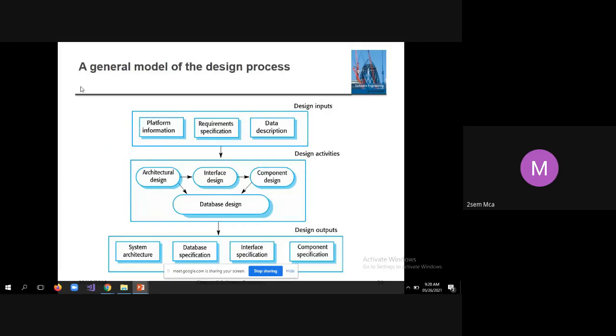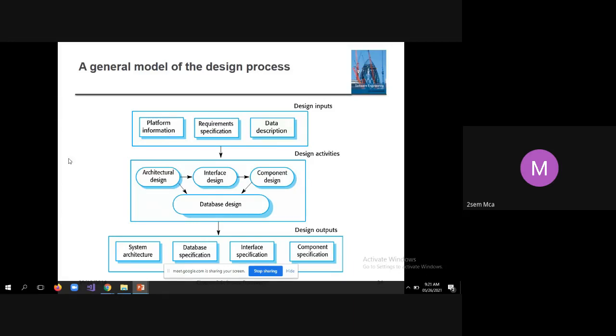Okay, now let us see the general model of the design process. For design, we need inputs, isn't it? Design means what to design, so proper inputs should be given. Those inputs come from platform-related information. For example, you are going to implement this project using the J2EE platform or the .NET platform, so accordingly you should do the design, isn't it?